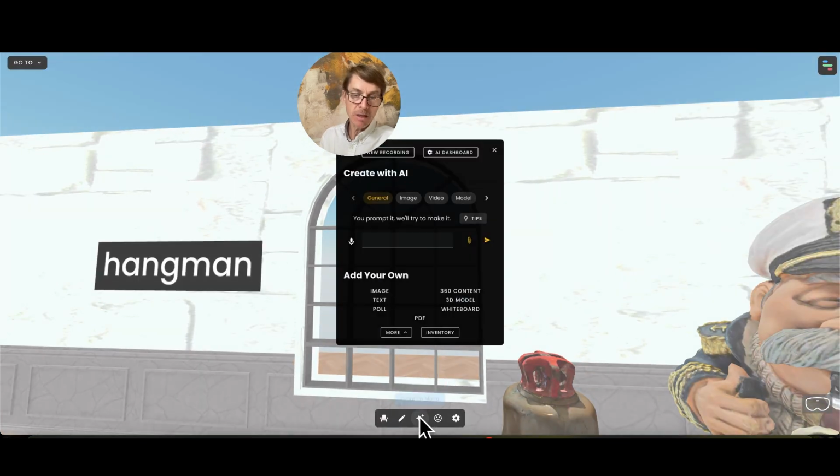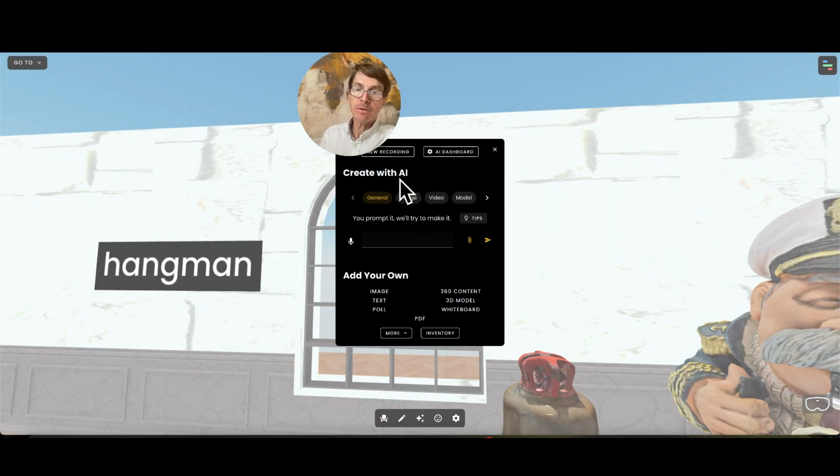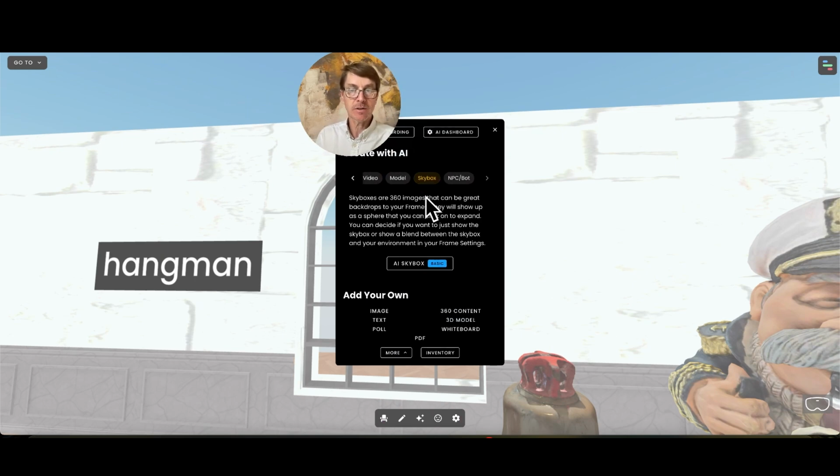Let's go to the creation menu again, and here within the create AI options for FrameVR, if you scroll to the right, there's something called Skybox. Now, Skybox does require FrameVR basic level,